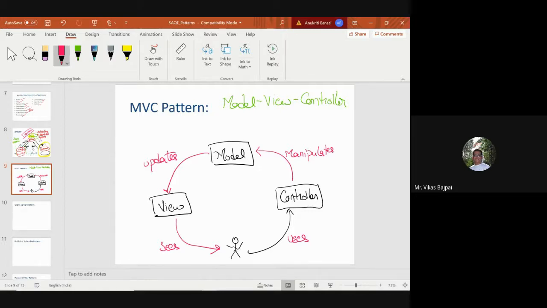Any particular example from our day-to-day life where you have seen this model view controller and its implementation?